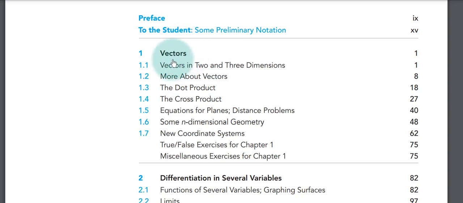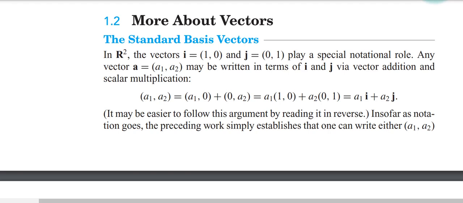Okay, so as we said, we're only going to cover this chapter, and we just covered this first section. We're only going to cover the next two sections. So 1.2 is called More About Vectors, and then the dot product, and that's it. Let's go on. So here we're focusing on R2, in other words, two dimensions, or the XY plane, as